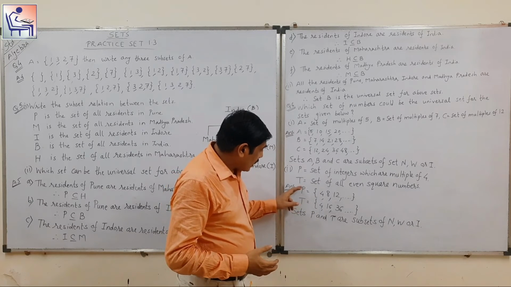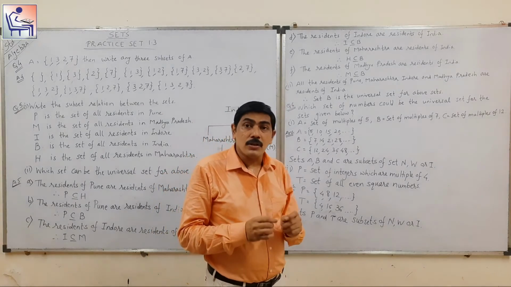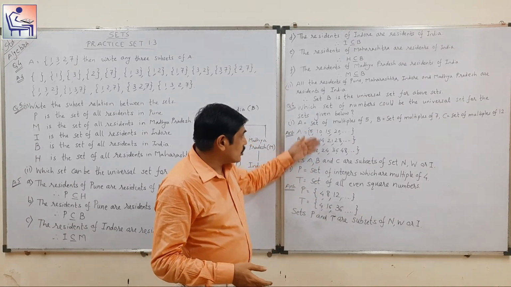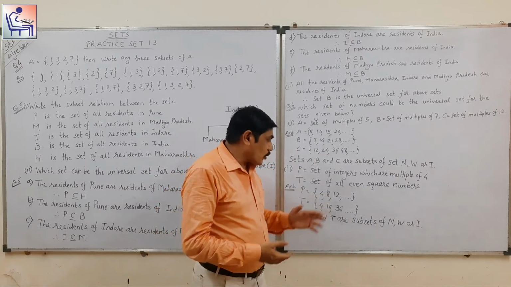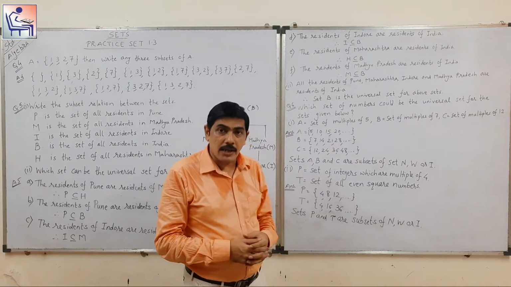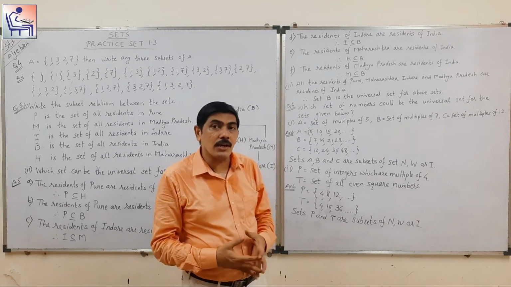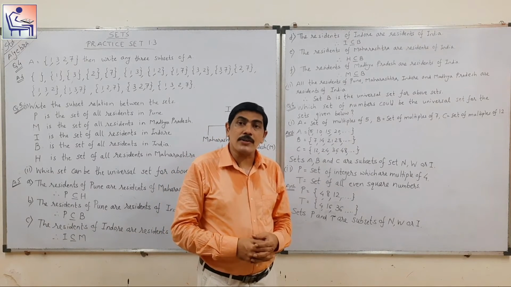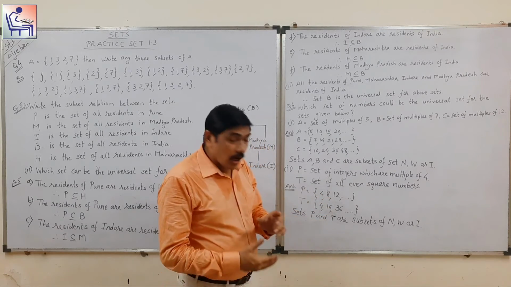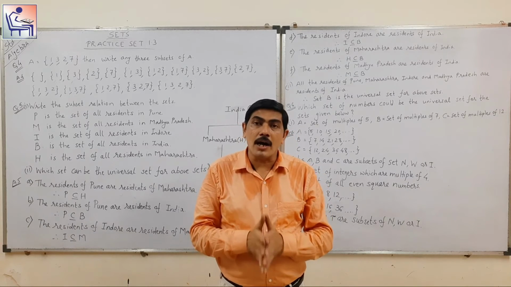Now you can understand sets P and T are subsets of natural number, whole number or integers. The same thing which you have seen here, because here also all the numbers are positive. So all positive numbers are covered by natural number, whole numbers and even integers also, because integers have all negative numbers, 0 as well as positive numbers. So here these sets P and T are becoming subsets of N, W or I.